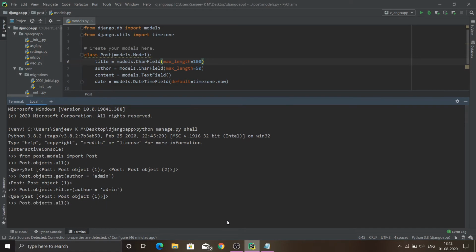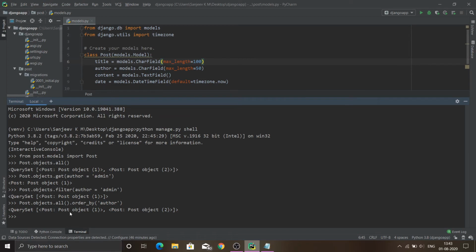If I say for all, and if I need to order those by the alphabetical order of the author, I could supply the field name, and this will order all our posts in the alphabetical order of our author.